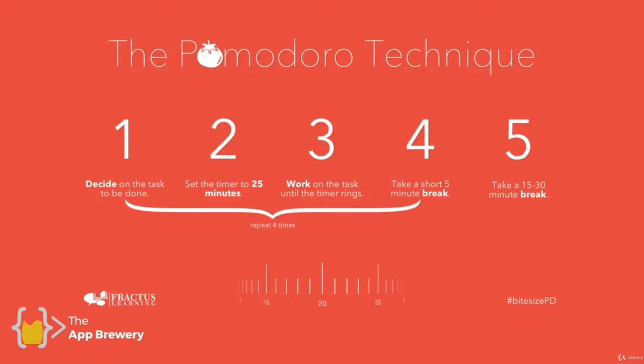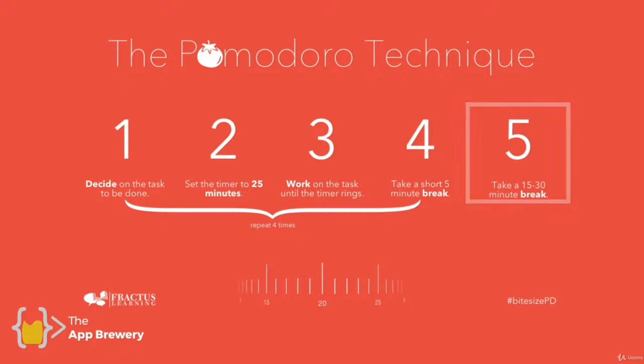Now, if you didn't hear me talk about it, this is basically a very simple breakdown. Essentially, you figure out the task that you need to do, something hard, something that takes a while, like writing your next book or coding up a project. And then you want to set your timer to 25 minutes and then work on the task for 25 minutes. And then after that, you take a short 5-minute break. And after you've done 4 of these Pomodoros, basically 4 repetitions, then you get to take a 15 to 30